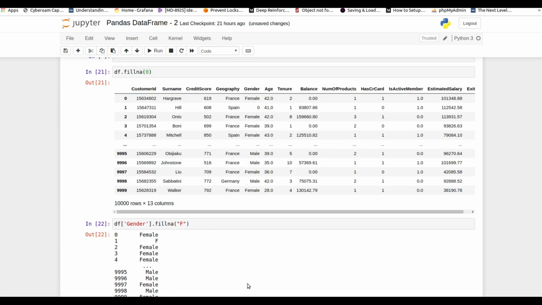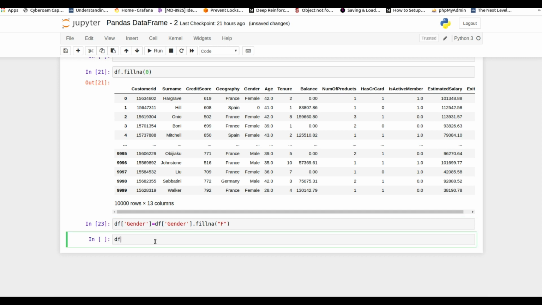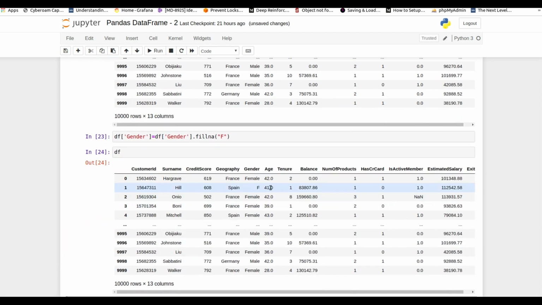Yes, it is filled, and I'm storing it to the mean gender. And now if I check df, you can see its value is replaced with female. Okay, the next time it doesn't work because it filled the value with f.